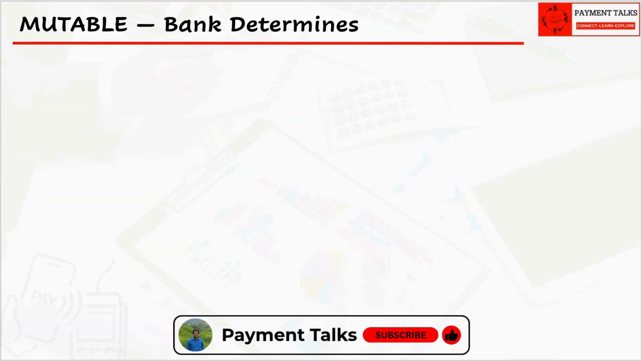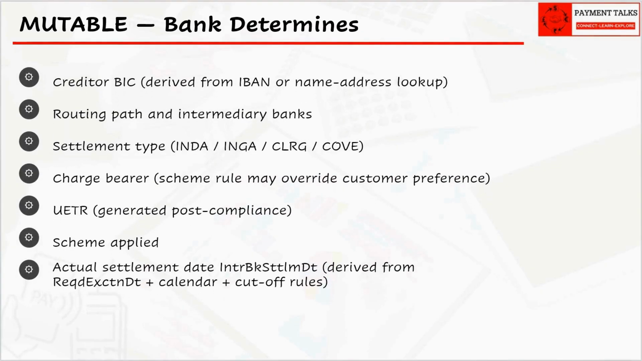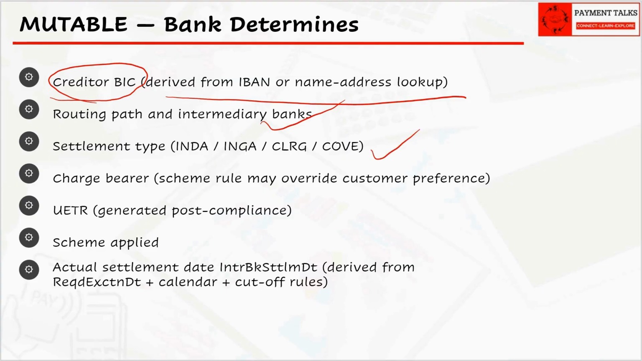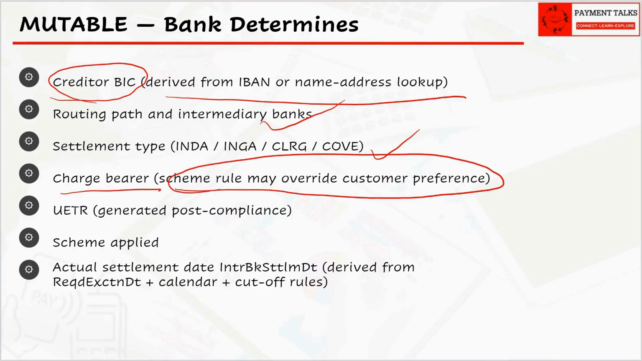And here are the primary fields the bank determines. These are the mutable fields. The bank's output, not the customer's input. The creditor agent BIC derived from the IBAN or looked up from name and address. The routing path and intermediary banks. Settlement type INDA, INGA, clearing or COW. The routing engine decides this. The customer never does. The charge bearer, the bank determines this and the scheme may override whatever value the customer